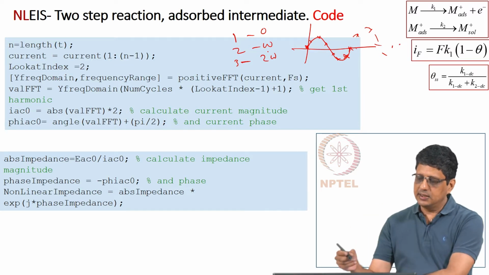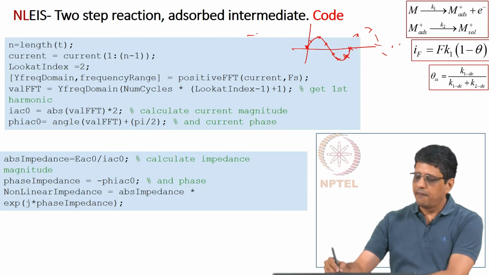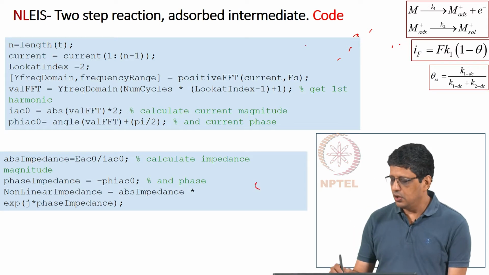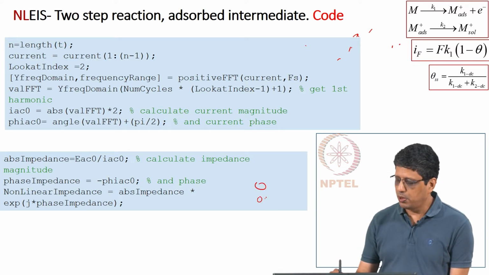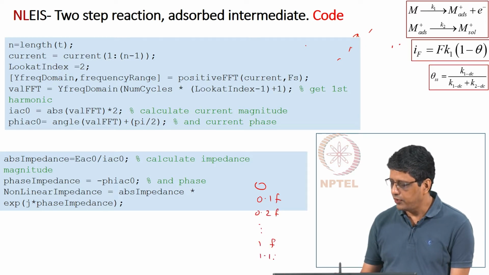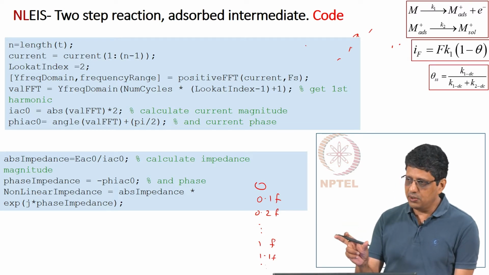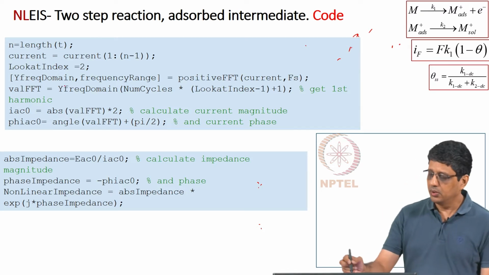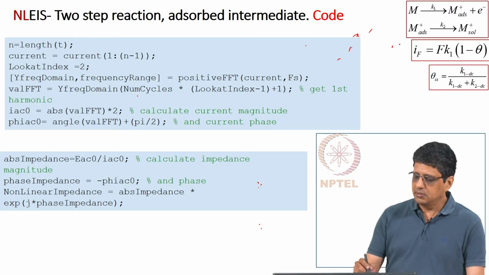If we use many cycles, the Fourier transform will give you response like this: 0, let us say we use 10 cycles, 0.1 frequency, 0.2 frequency and so on, and then 1 frequency, 1.1 frequency and so on. Because the more number of cycles we give, the better resolution, meaning instead of going from 0 to 1 in one step, it will go in 10 steps or n steps. A number of cycles will give you n steps. So, correspondingly we should look at the right coefficient based on number of cycles